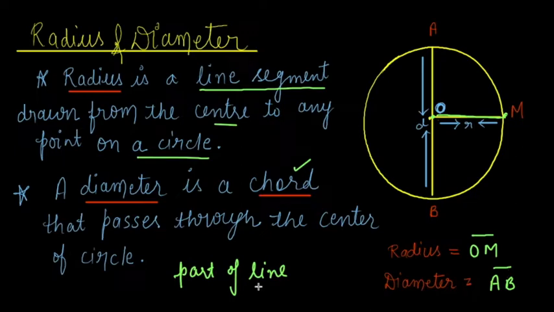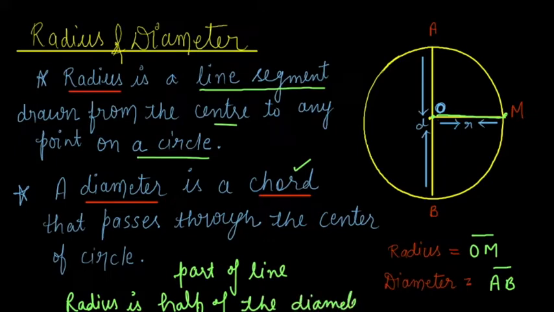If you see from the figure, the radius is half of the diameter. In other words, can I say a diameter is double of the radius? If I am saying the radius is half of the diameter, and I extend it on the other side, it also becomes a diameter. Or in other words, a diameter is double the length of the radius. We will understand this with the questions and formulas in the next few slides. So this was about the radius and diameter of the circle, and you see a diameter always passes through the center of the circle.